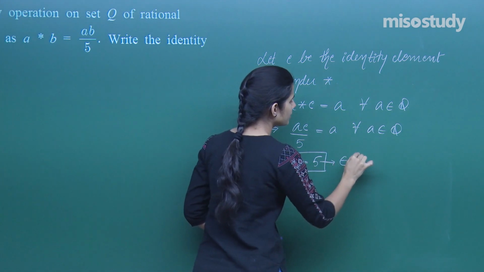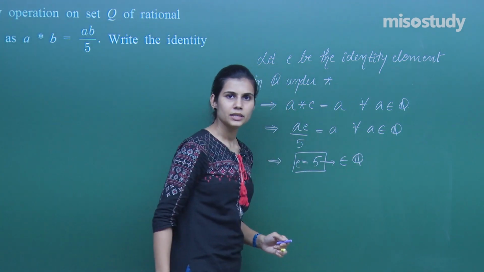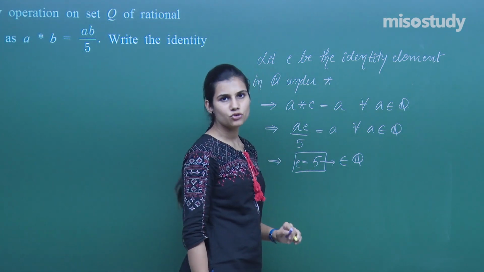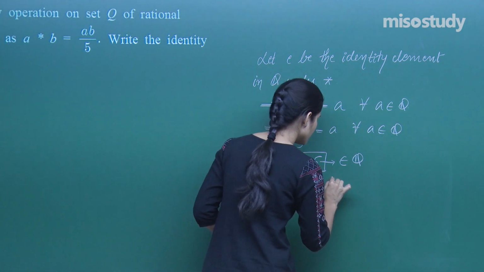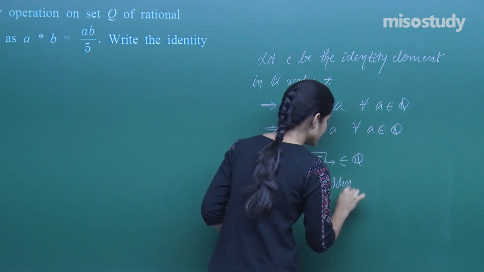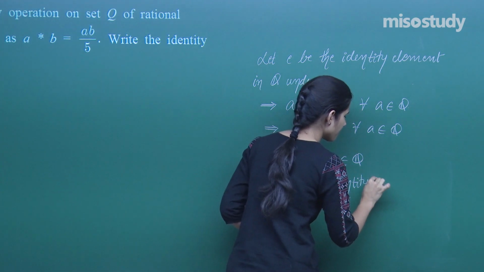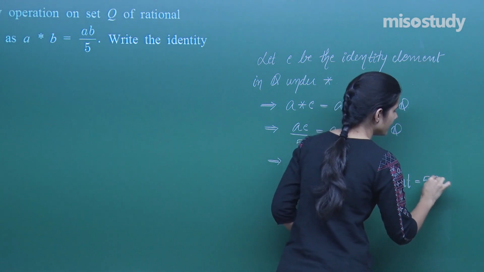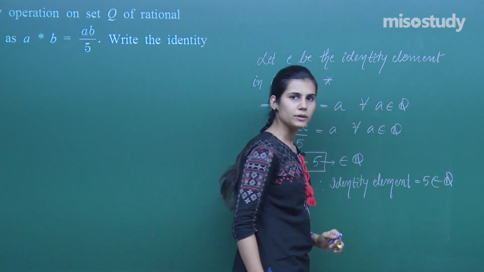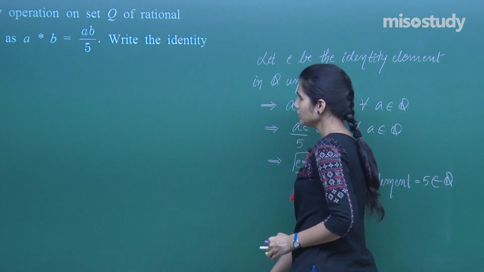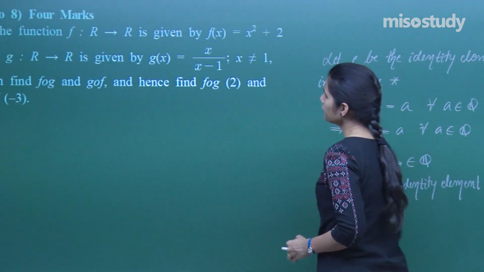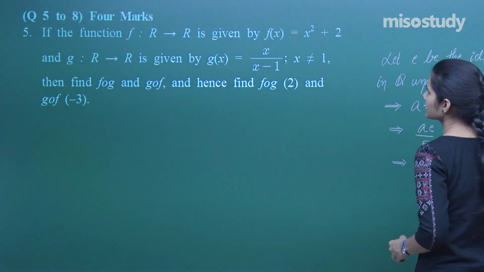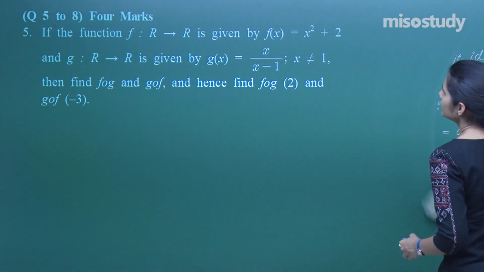And 5 very much is a rational number. So the rational number 5 happens to be the identity element. Therefore, identity element is equal to 5, which is a rational number. Clear? Next we have, if this function given by fx equals x square plus 2 and g by x upon x minus 1,